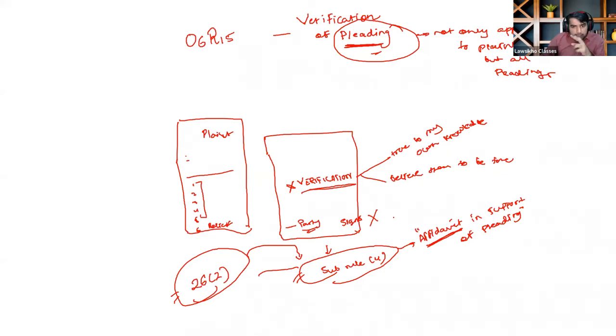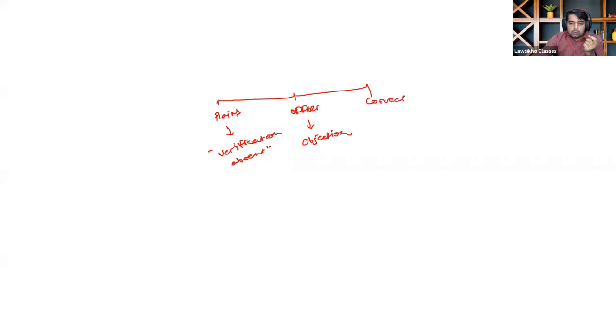So this correction will relate back to the date of filing of the plaint. तो सपोज यहां पर आपने एक प्लेंट फाइल किया, उसमें वेरिफिकेशन वाज एब्सेंट, वेरिफिकेशन क्लॉज ही नहीं डाला आपने. ठीक है. सो हियर योर ऑफिसर और रजिस्ट्री विल पॉइंट दिस आउट, ही विल रेज दिस ऑब्जेक्शन, इसको बोलेंगे ऑफिस ऑब्जेक्शंस, एंड देन हियर यू विल हैव टू करेक्ट इट, एंड द मोमेंट यू करेक्ट इट, दिस करेक्शन विल रिलेट बैक टू द प्लेंट. But just because the verification is absent, that will not be a ground for rejection